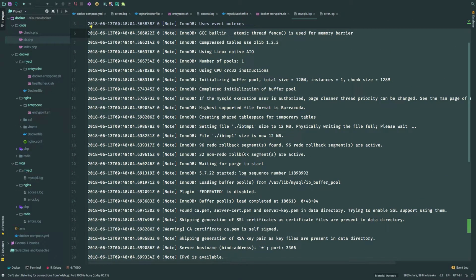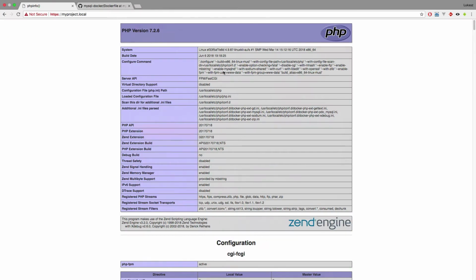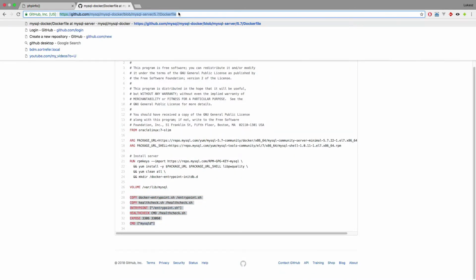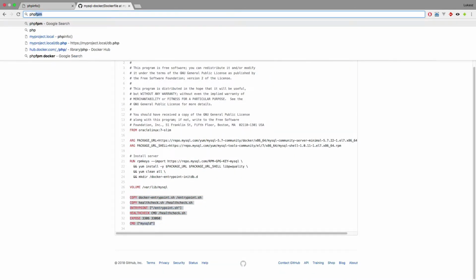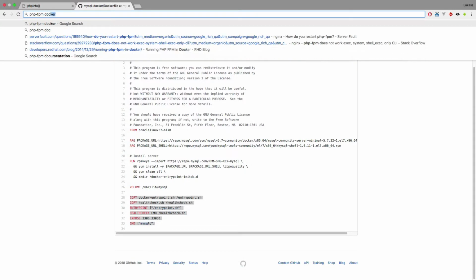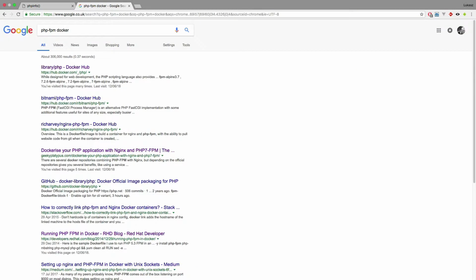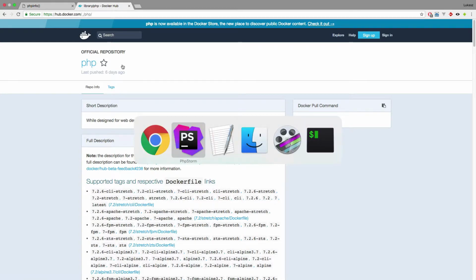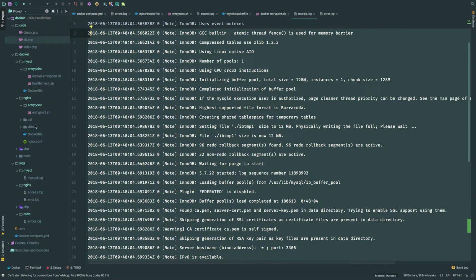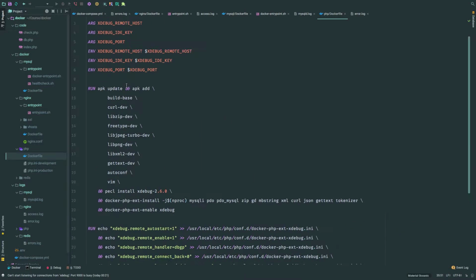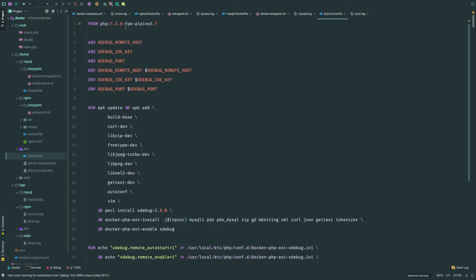So now let's quickly sort PHP logs. So we're going to do exactly the same thing. Let's quickly jump into the browser and find the PHP image we are using. So it's going to be php-fpm docker, and let me just quickly see which one we are actually using. PHP Dockerfile, we are using 7.2.6 Alpine,